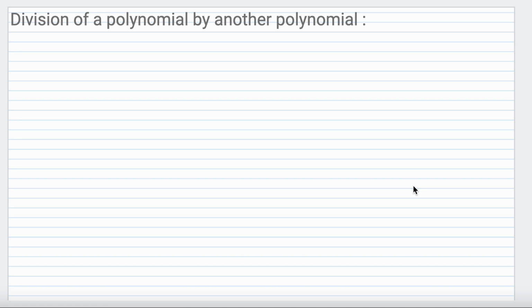Hello everyone, so our next topic is division of a polynomial by another polynomial. Here we already know how to solve a trinomial expression, so we have to use that here. First let's take one example. We have the example 3x squared minus 4x minus 15, that you have to divide by